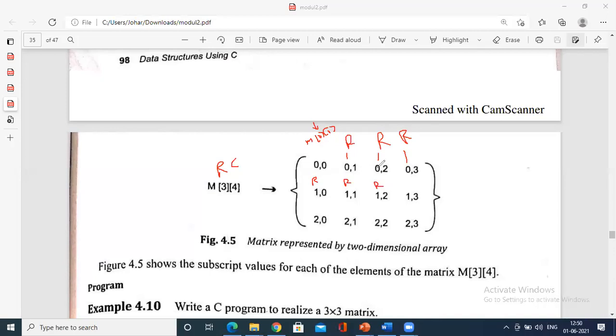First column, second column, third column, fourth column, as such. Since the indexing starts from 0, the initial element is 0, 0, then 0, 1, 0, 2, 0, 3. The first element represents the row, and again in the second the first element represents the row. So it has 3 rows, that is 0, 1, 2.